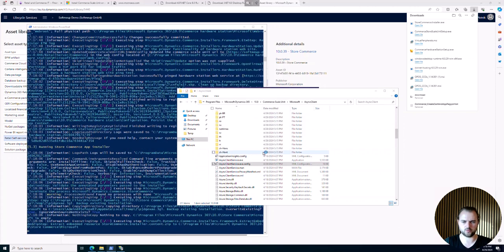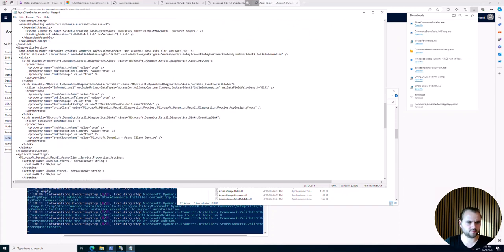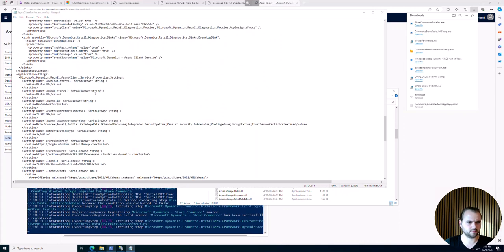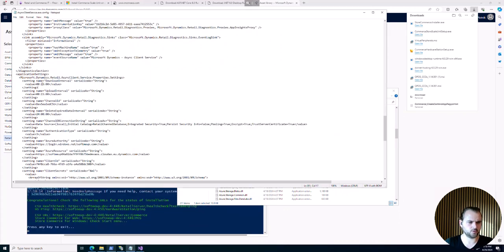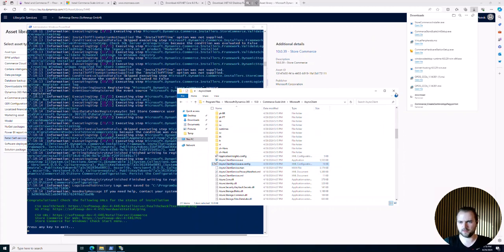I want the Notepad, yes. And if you scroll down a bit, even more, so you have the download interval and upload. So for our goal, we could change it to 2 minutes. And I don't want to use the Visual Studio now. And as you can see,